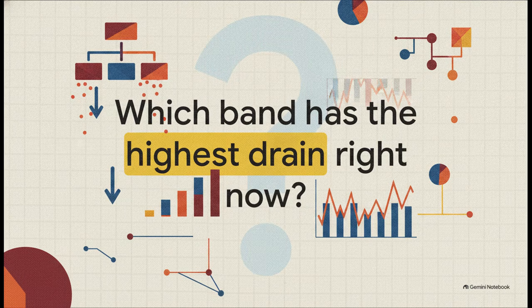All right, we've unpacked the methodology. We've seen how tracking these ratios across time transforms raw data into a laser-targeted diagnosis. But all this information is totally useless if it just stays theoretical. So I want to leave you with a direct challenge right now, based on the framework we just explored. Look at your own teams. Look at your own company. Do you know which organizational band has the highest drain of talent right now? And if you don't, well, isn't it time you ran the numbers to find out?